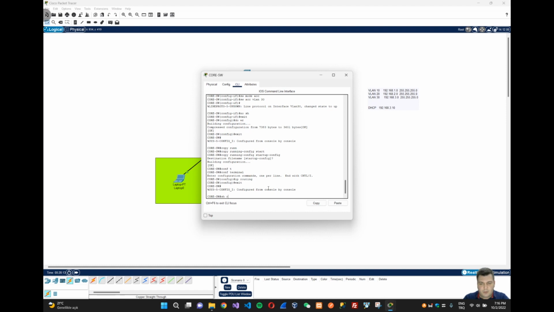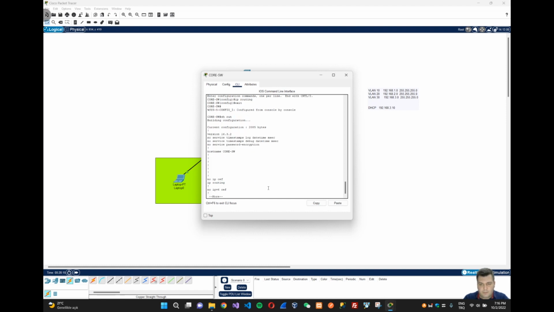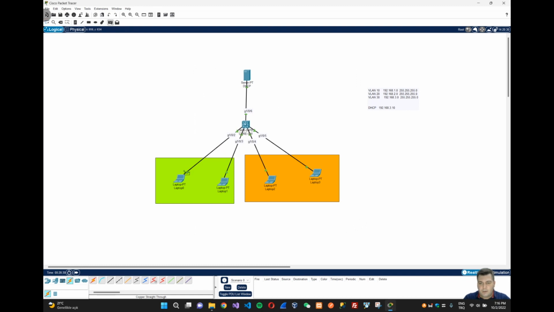So let's check if this is working. Yeah, as you can see, IP routing is enabled. I say Ctrl+C, and we copy running configuration to startup config. Fine. Right now, at first trial, it will work within the same subnet, but for the other subnets, other VLANs,